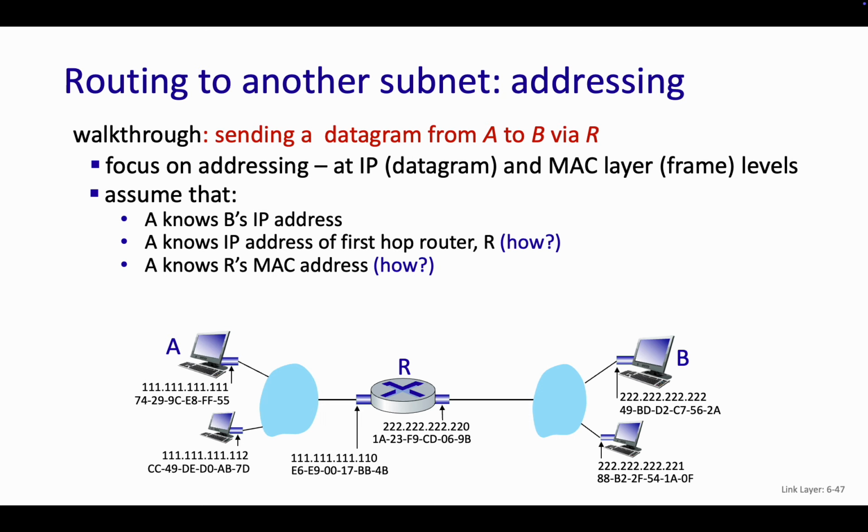So we need to know the IP address of the first hop router. How do we know that? When we set up a connection with the network, and we send out our all ones IP address, we're like, hey, give us an IP address. The thing that responds to us is going to be our first hop router. DHCP, right? Yes, DHCP. So either we have to program it in statically, that's one option, that's not great, but DHCP is kind of the answer.